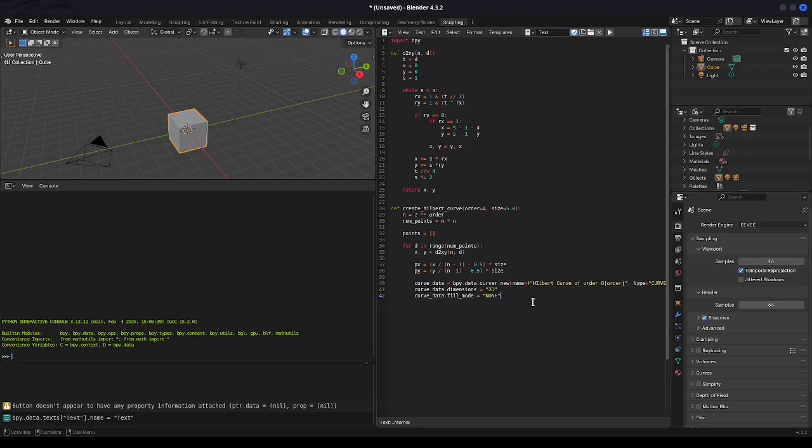So for the line, spline is equal to curve_data.splines.new, and then type is equal to poly, and spline.points.add num_points minus 1,